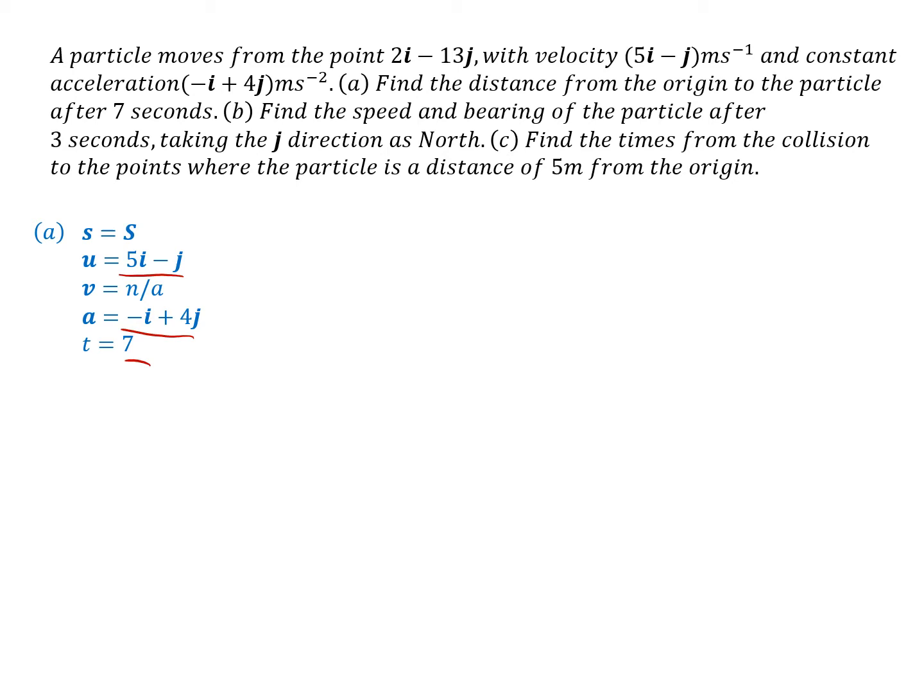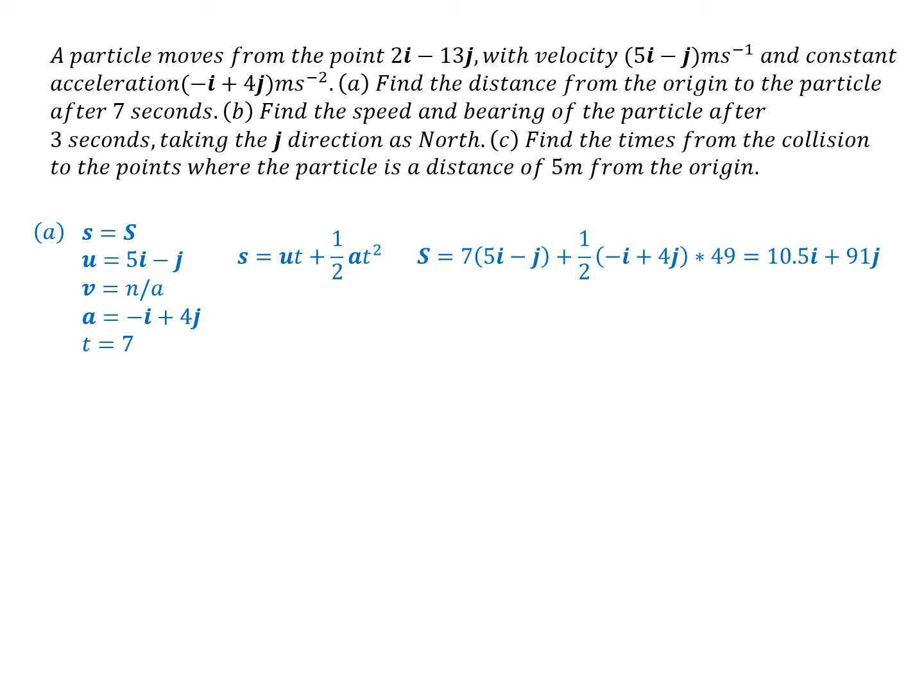So I want the formula that hasn't got the velocity in it, and that's S equals ut plus half at squared. You notice that the bold type indicates those things which are vectors. So putting the values into the formula for S, I find that the displacement from the initial position is that,